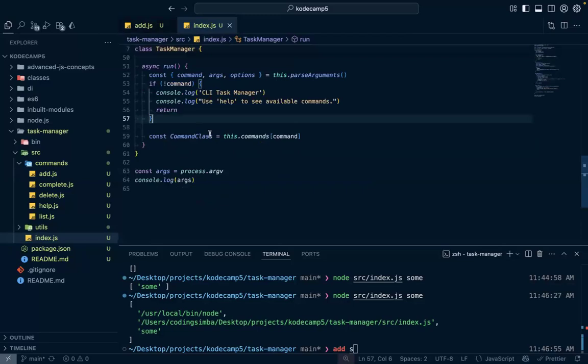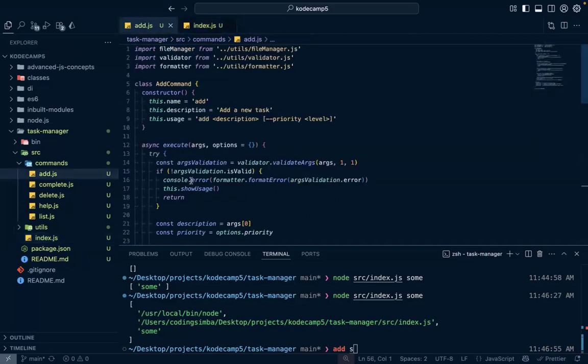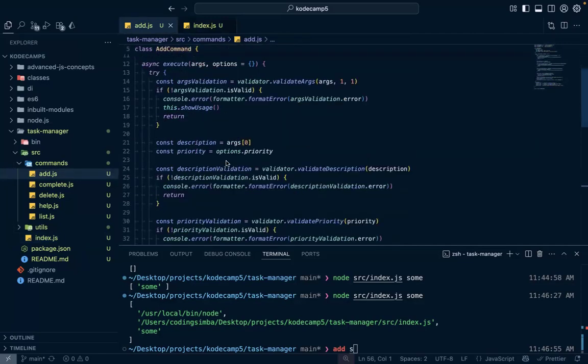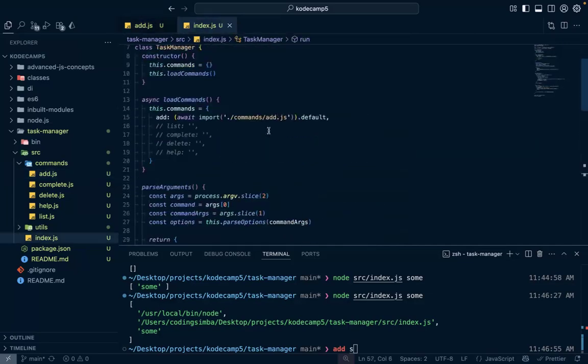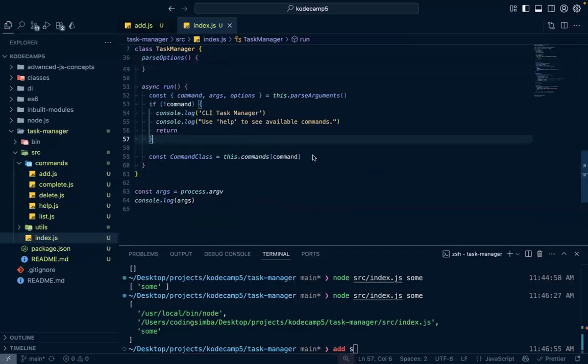So let's see how we can use it. So we are grabbing it here because remember it's a default import. So that means everything here, this is a default import. So what we are grabbing here is the add command, the class, the entire class. So how do we use it? We'll come over here. Now that we have the entire class in our hands, we say if we do some